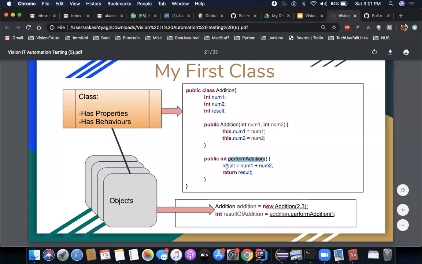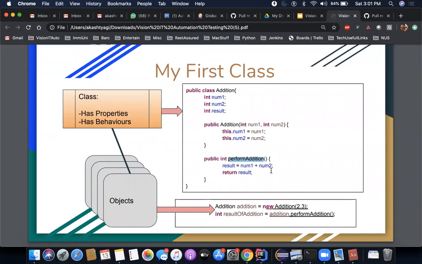Its job is result equal to num1 plus num2, the addition of these two numbers, which have already been set by the constructor in the step here. And once we do that, it will return the result. So the result of addition will be the sum of 2 and 3, which equals 5, of course, right? We'll see its practical example in a moment.